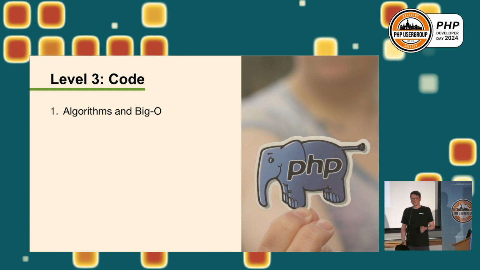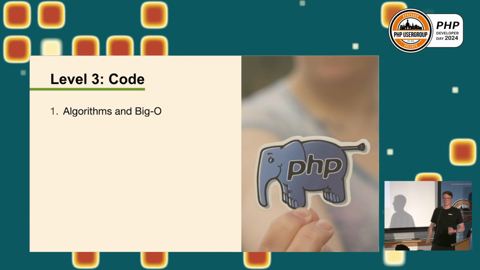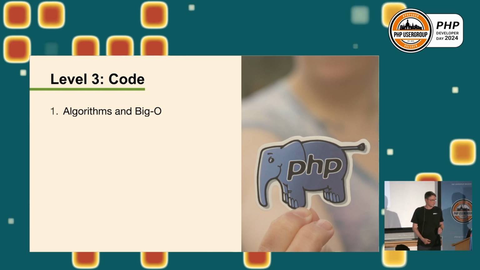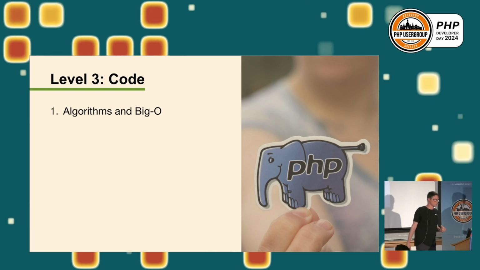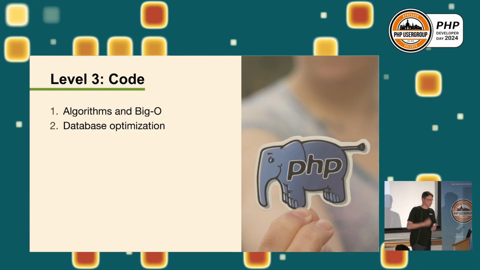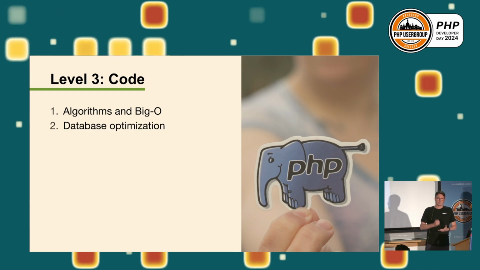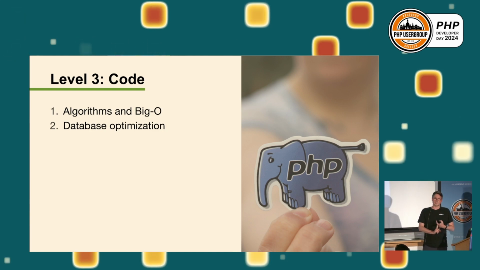To be honest, I never implement any algorithms during my daily life. I just write my typical CRUD stuff or whatnot. But if you really have to implement a search algorithm, okay, yeah, then you should take care. But other than that, I would recommend maybe start with the database. And it's really like that. If I would get €1 for every time a missing index is causing performance problems, I would be a rich